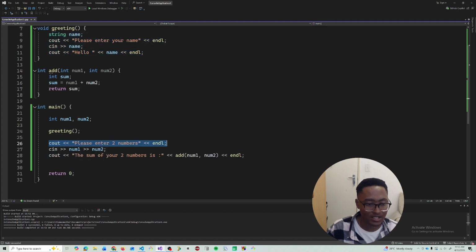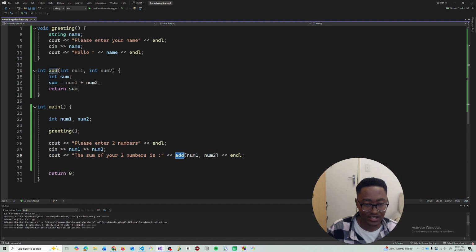It prints out this cout statement, and then it runs the cin statement, which collects the two numbers from the user, and after that this cout statement runs,